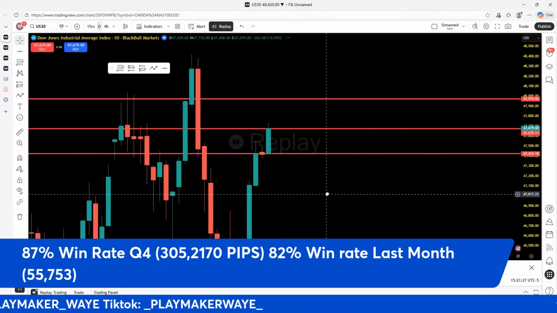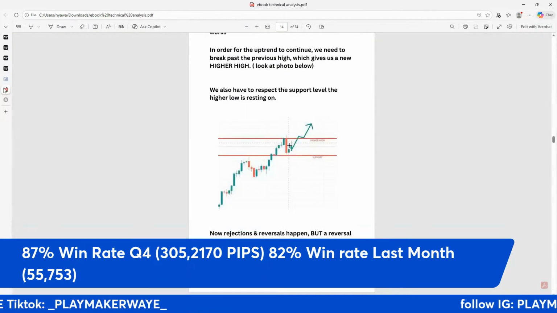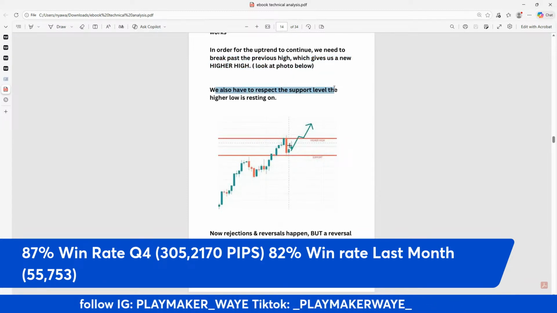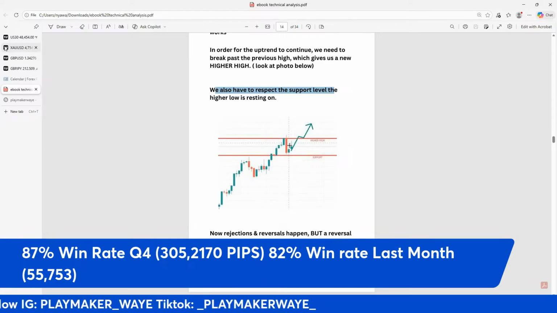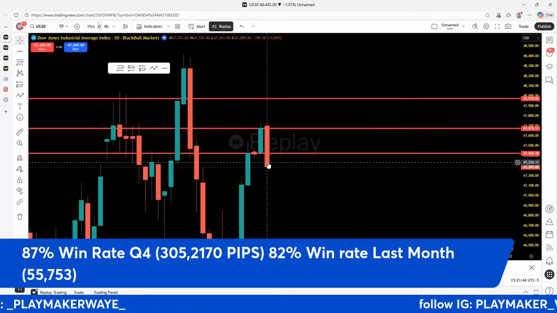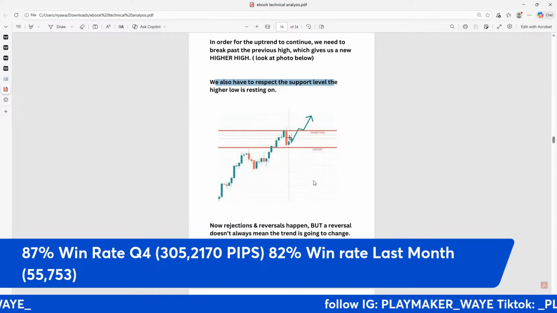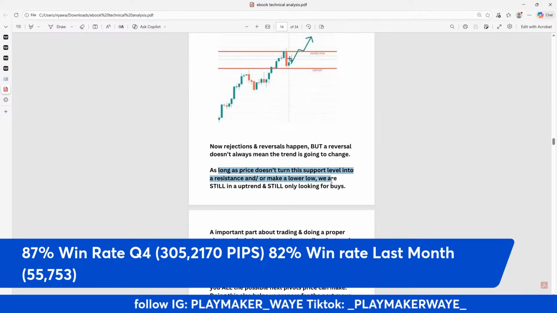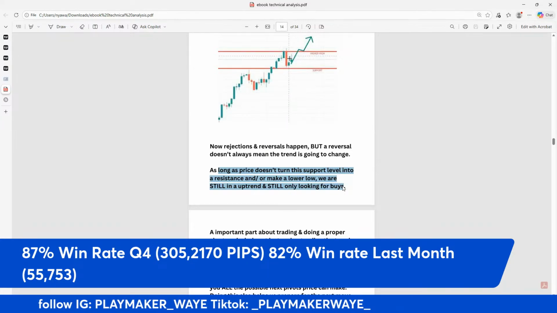So this is where we started off at, right? And it says right here, for the uptrend to continue, we need to break past the previous high, which gives us a new higher high. Look at photo below. We also have to respect the support level the higher low is resting on. So when we did this, we rejected. But again, like it says right here, as long as price doesn't turn the support level into resistance and or make a lower low, we're still in an uptrend, still looking for buys. Because again, for price to go down,